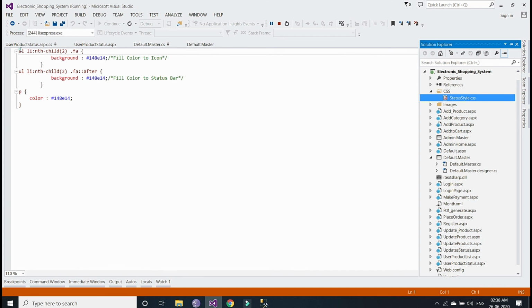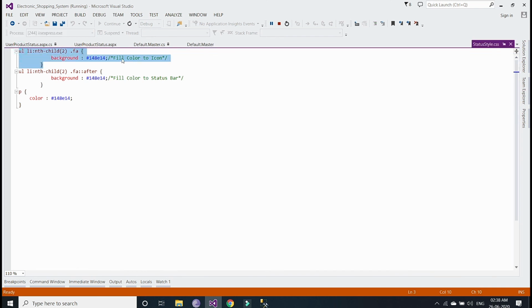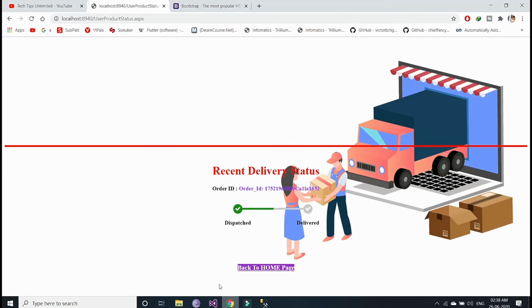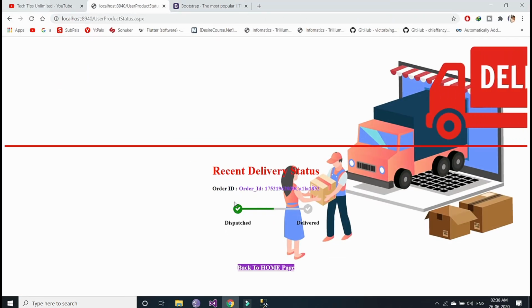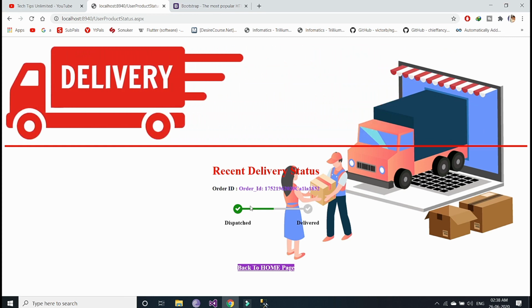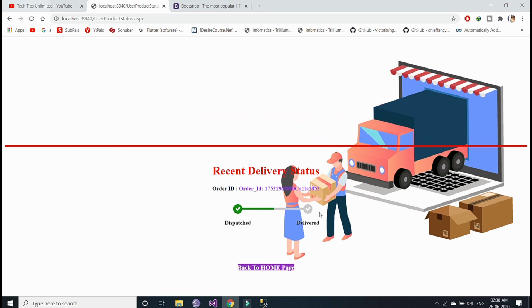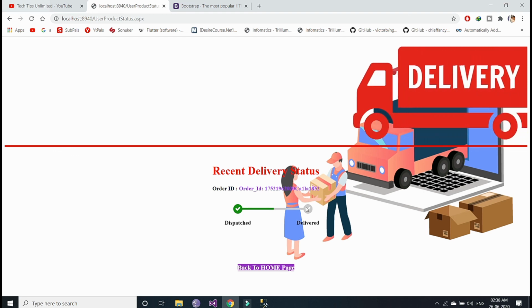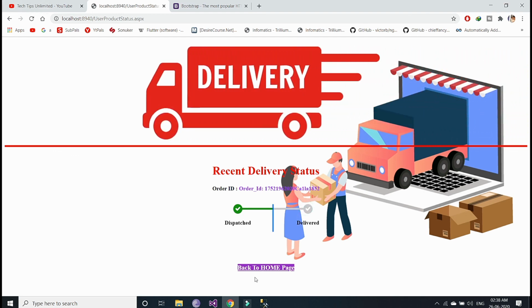This first one will color the icon. We fill the icon with green color. At the start, it is in gray, light gray color. If it is in the complete state, then this circle will be colored green.